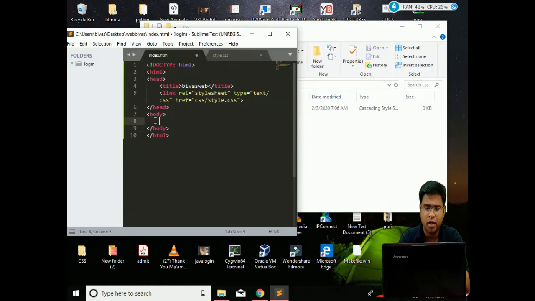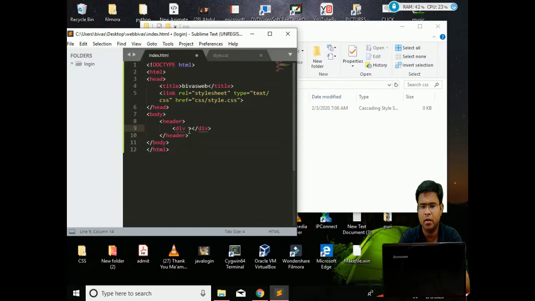Whatever we may write inside the style.css will not come into effect without it. Right now we are doing our coding in the body part. Body is one of the biggest important parts. First we are creating a header. Now we are creating a div, which is actually a division, and I am giving it a class.